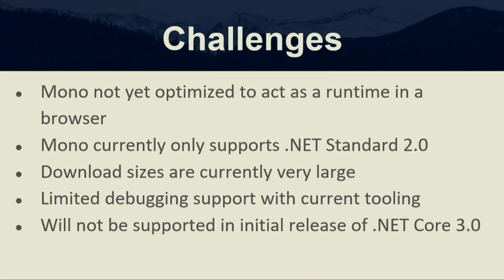You could imagine the first page hit, when you spin up a Blazor application and it has to go and retrieve all of those DLLs, it's going to appear to be very slow. You're going to be sitting there waiting. And then once the application comes up, it's going to be fine because it's going to cache those DLLs in the browser. But that first spin up experience is very bad right now. There's no doubt about it. If you build a Blazor app right now,